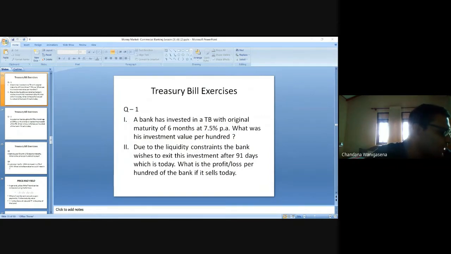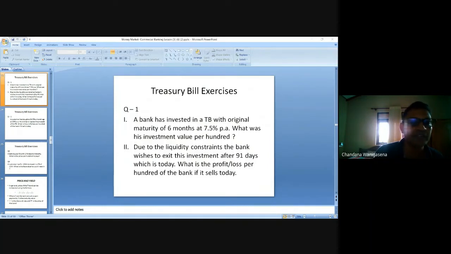When you simplify, so basically you get 100 divided by 1.0375. In that you get the price 96.3855. 96.3855. Right. So similarly, you can now do the second part. The question says, due to the liquidity constraints, the bank wishes to exit this